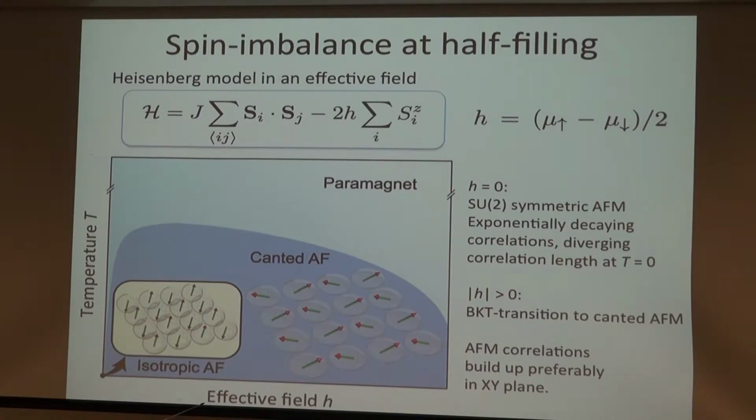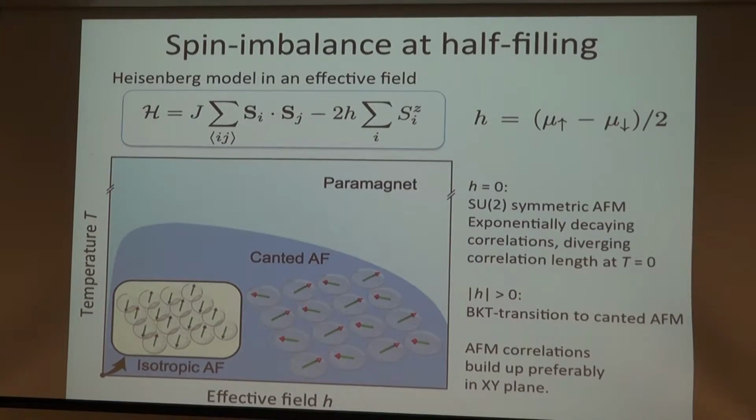But now once you break that symmetry with an effective field, you've reduced the order parameter to U1. And so now you can form vortices and anti-vortices of the spin. And what you can do is you can have a BKT transition as you lower the temperature into the canted antiferromagnetic phase. Okay? So in the canted phase, essentially, the idea is that you have